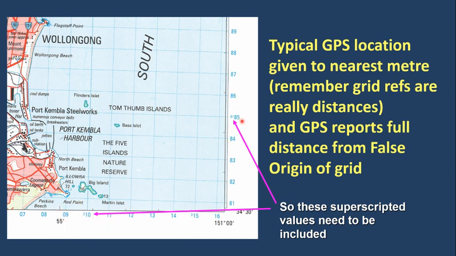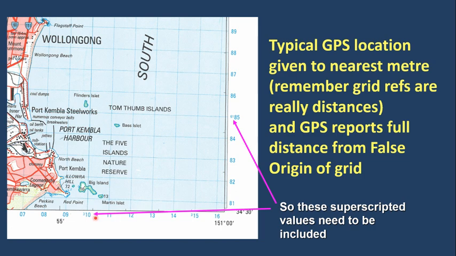Similarly, the northings here, instead of being just 85, 86, 87, should be 6,185, 6,186, and so forth. And those numbers are kilometres. So that really should be 6,185 kilometres north of the starting grid, the false origin starting point of the grid. Similarly, the number here is 310 kilometres east of the false origin starting point of this part of the Australian